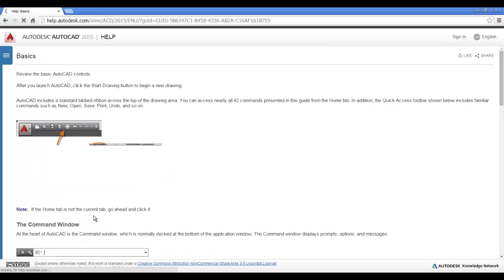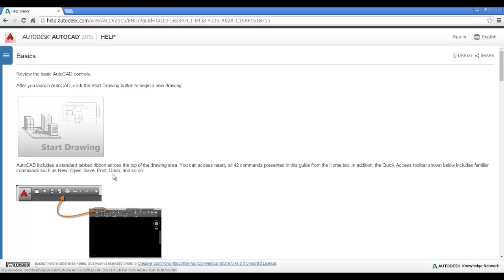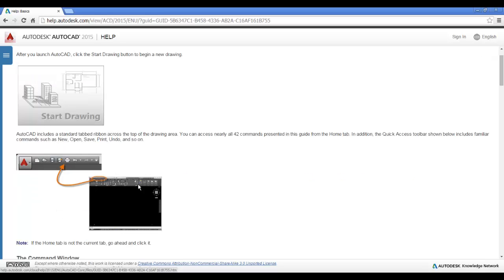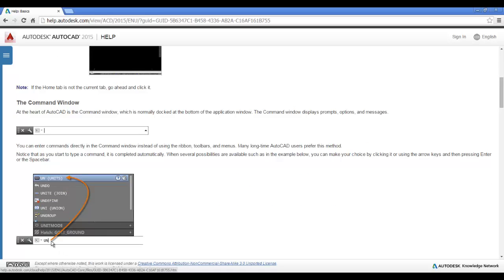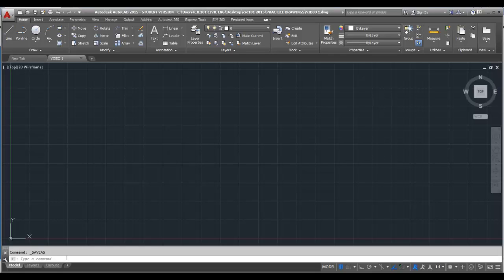AutoCAD controls. And we can get down through this. When we launch, we just started a drawing. It includes a standard ribbon. The ribbon is across the top. The command window is on the bottom of the screen, a place where we can key in commands. As we start to type in AutoCAD, if I just come down here and type in UN, just like they did,